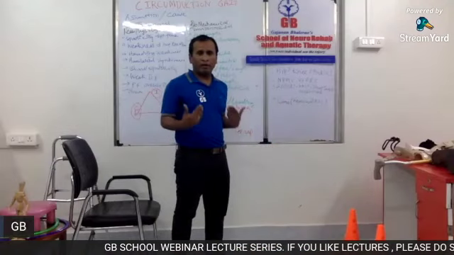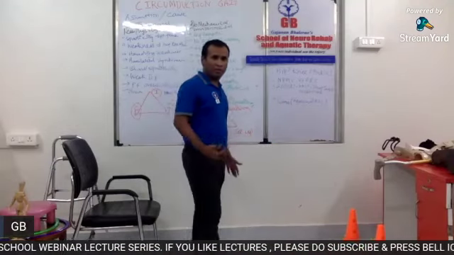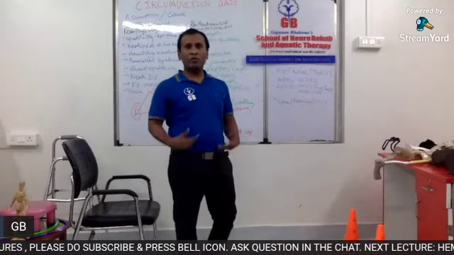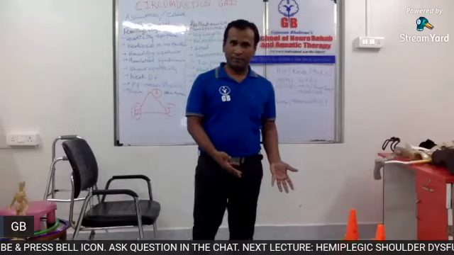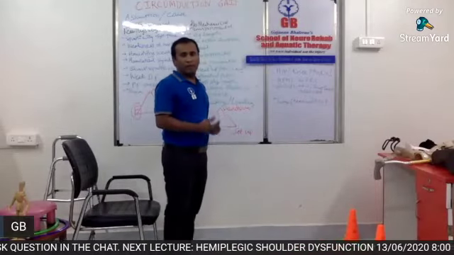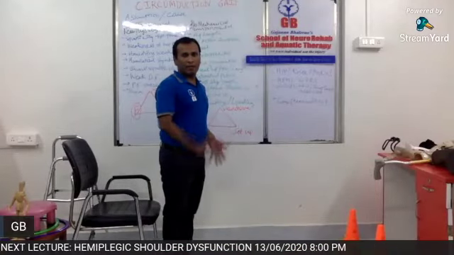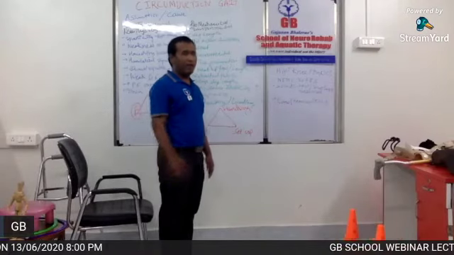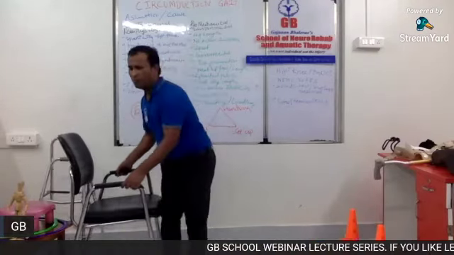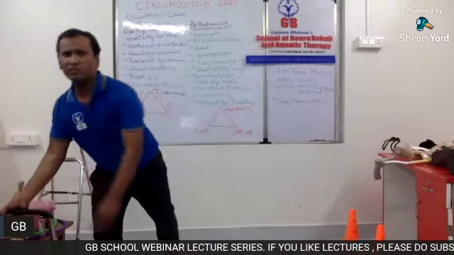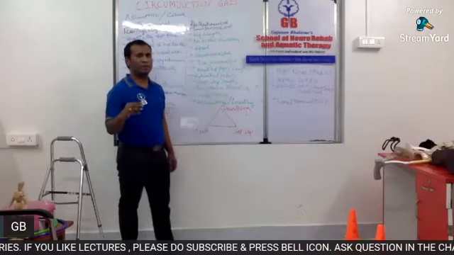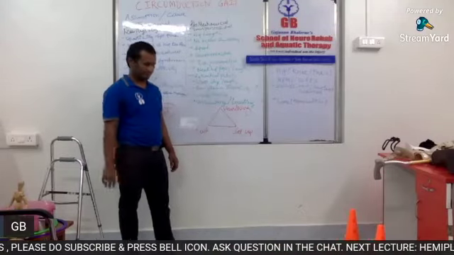So how do I shorten the leg in a normal population? One option, you cut the leg and you shorten it. What is the second option? You increase the length of the opposite leg. If I increase the length of the opposite leg, that will also help in doing the swing phase very easily. And people with hemiplegia sometimes do this on their own, or you must have seen these types of manipulations or compensatory mechanisms in polio cases.